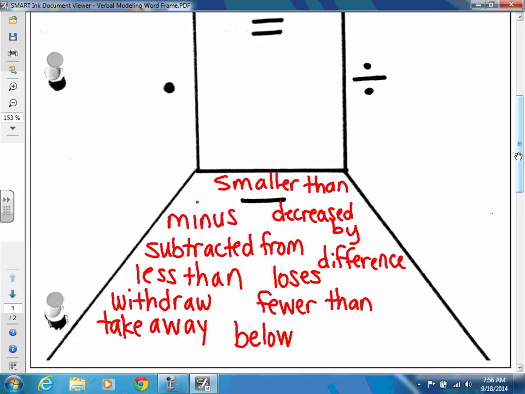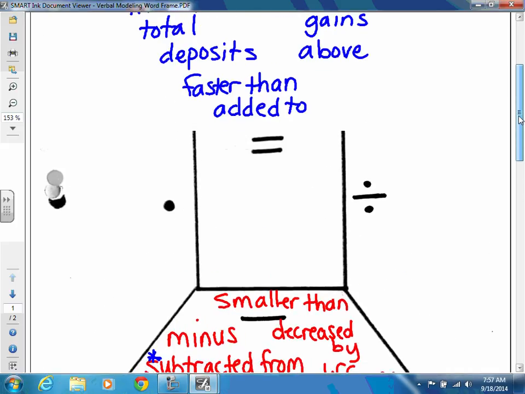Now, in the world of subtraction, order does matter, because if you put things in a different order, you're not going to get the same answer as you would if you switch them around. So there's a few phrases that you really have to watch out the order of how you write them and that you translate them correctly. The big phrases are the words subtracted from and less than. When those two phrases appear in your sentence, you have got to pay attention to how it's asking you to write the problem, because if you switch it up, it makes it wrong. So we're going to focus on that in our examples and in class to make sure that we're okay with what's going on. Okay, so now let's go over and switch to multiplication, and then we'll switch and do the